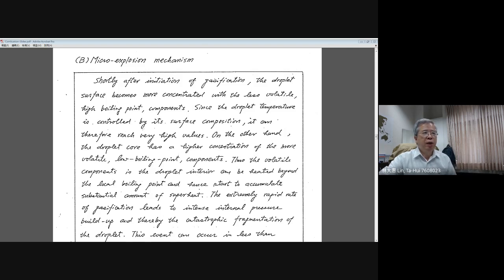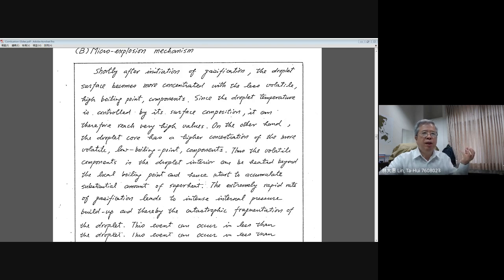Now, since the droplet temperature is controlled by its surface composition, it can therefore reach very high values. On the other hand, the drop core, that means the interior of the droplet, still has the lower boiling point fuel. The drop core has a higher concentration of the more volatile, low boiling point components. Therefore, the volatile components in the droplet interior can be